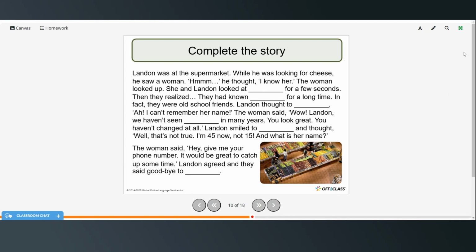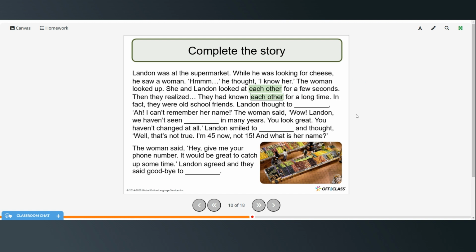Right, now pause the video and try to complete this story, and then restart when you're ready to check your answers. Landon was at the supermarket. While he was looking for cheese, he saw a woman. He thought, I know her. The woman looked up. She and Landon looked at each other for a few seconds. Then they realized they had known each other